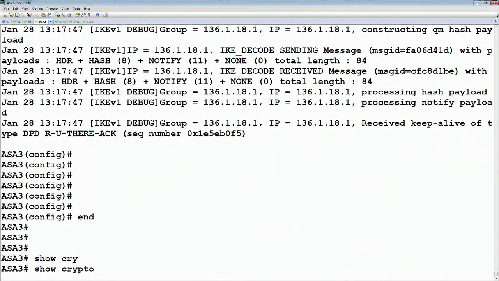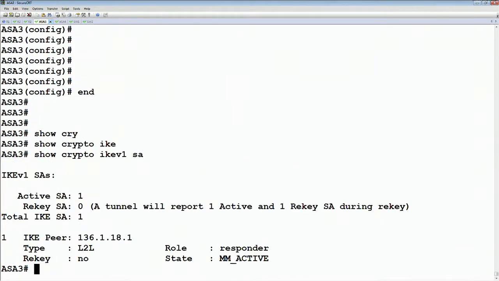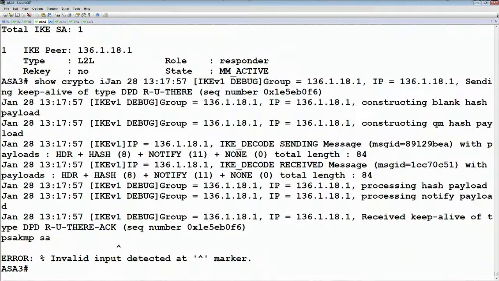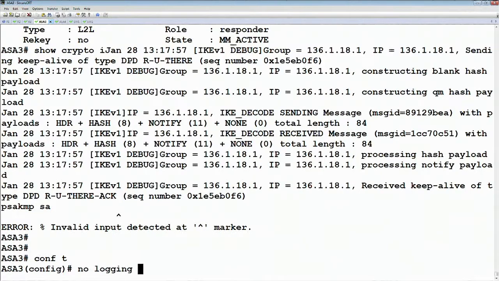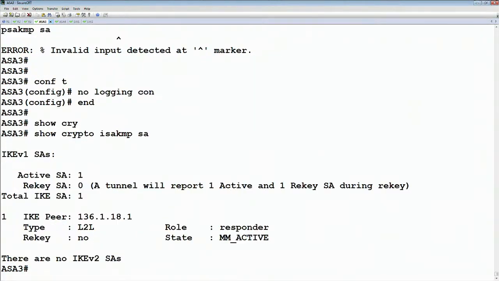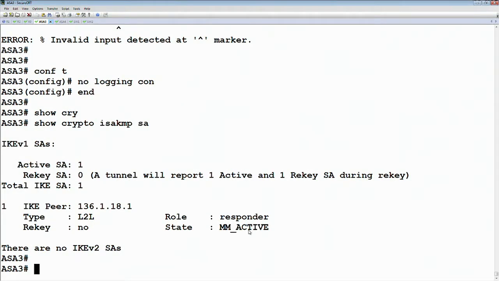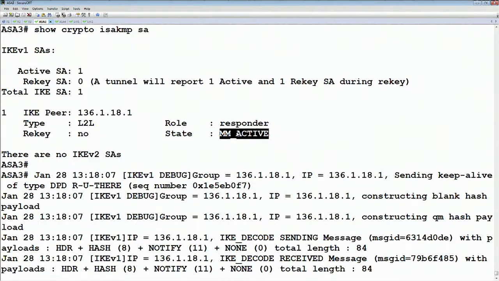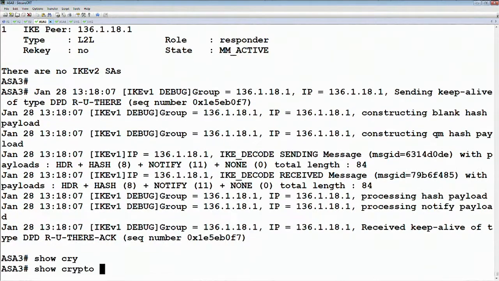With the show crypto IKEv1 SA, which used to be the show crypto ISAKMP SA. It says that the state is active, which is correct here. That's the particular peer. It's a LAN-to-LAN tunnel. If we then look at the show crypto IPsec SA,